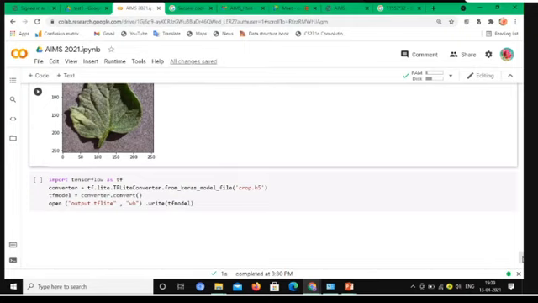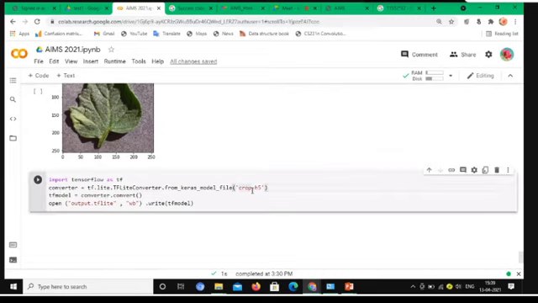So this is the code to convert our .h5 model to TF Lite: import TensorFlow as tf and use the converter, the TFLite converter from Keras. Whatever model we give, we convert to TF Lite, and based on this we develop a mobile application.